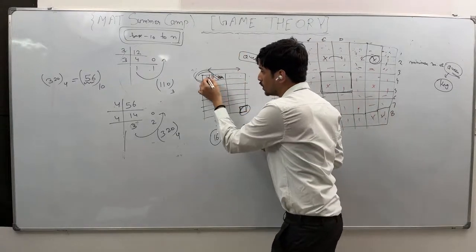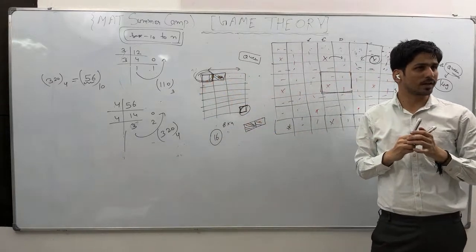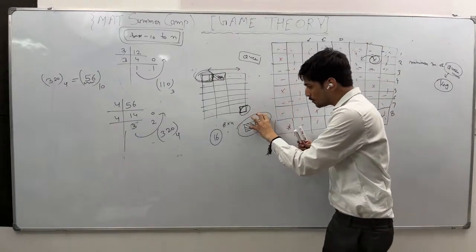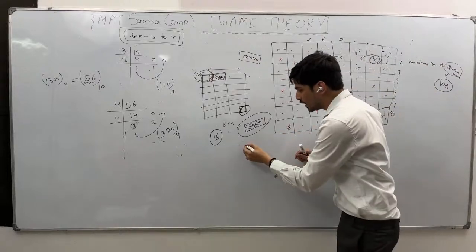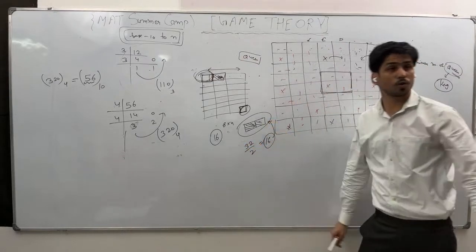So out of 32, they are colored, one is white, another is black. So I have some, let's say you can consider it as a box. If I'm putting it here, it will occupy exactly 2 squares. So if I divide 32 by 2, it means I can put 16 such rods, right?